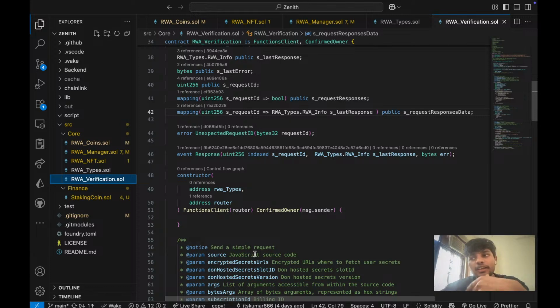Then we will send that asset to our Chainlink function. Then it will verify through some function methods or something like that, like through API calls, government API calls, or whatever the asset provider is there. Then after the successful verification, we will mint two types of token. First is NFT, that is ERC 721, and second one is ERC20 coins. So the token will just represent the value of that asset, and